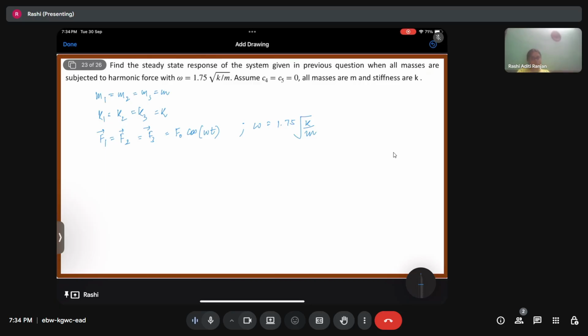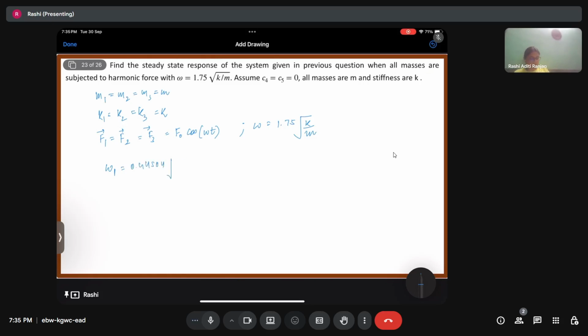Now, if the damping would not have been present, we would have to consider both. Since damping is present over here, after a certain time, the vibration which is because of the natural frequency element will actually reduce with time. And in the steady state, the vibration which is there because of the forcing function will only be present. The one which is because of the natural frequency will just fade out with time because of the damping. So firstly, finding out the natural frequencies, I'll not go into it because now people are very much known about how to find it. So omega 1 is